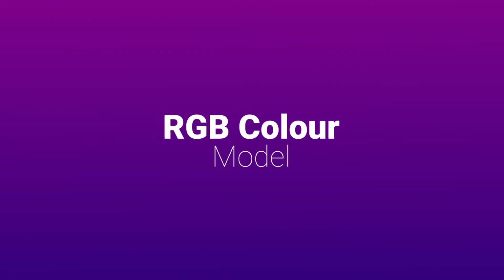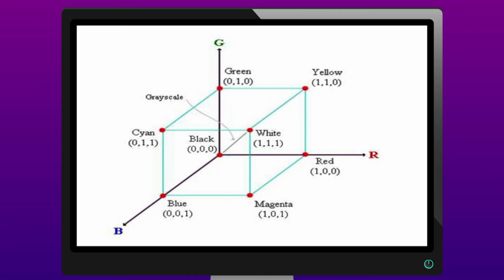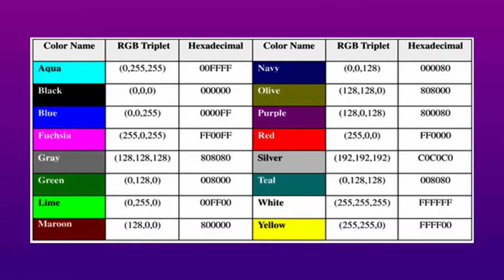Those colors are RGB, called the RGB color model. You can see the diagram, the combinations and the pixels, where there is an area of green and red and blue. So it comes with the matrix of x, y, z that produces the result. It's produced as a triplet result. So you can see that the color names, whatever you can see, red, green, magenta, yellow, white, silver, etc. are the combination of the colors.